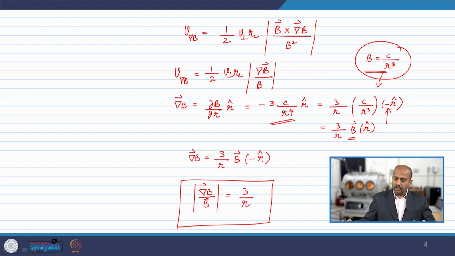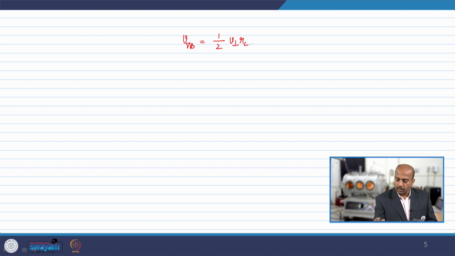Now we have everything, right? So we have to calculate v perpendicular RL. Then r is equal to Re times 5, because you have to perform the calculations at 5 Re. Now we just have to substitute everything into this formula. The formula that we will actually need is the gradient drift velocity, v del B, which is half v perpendicular RL